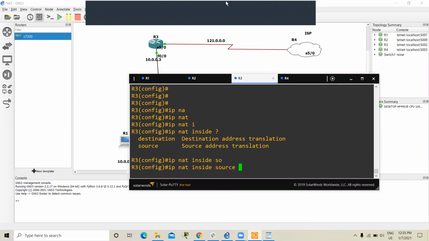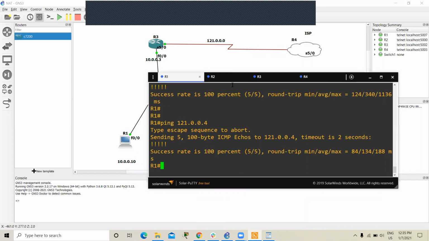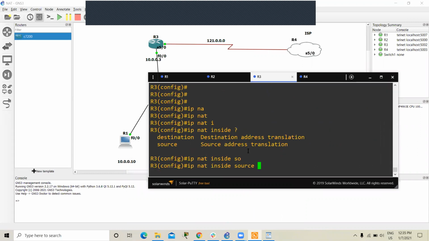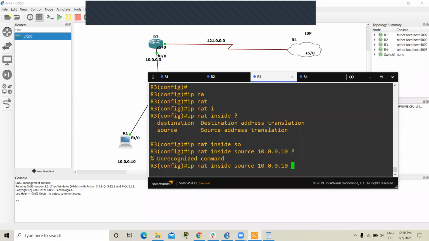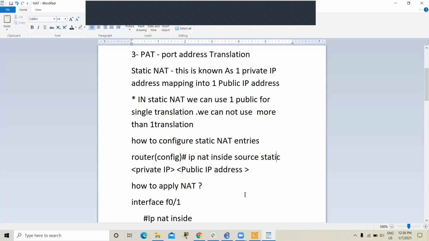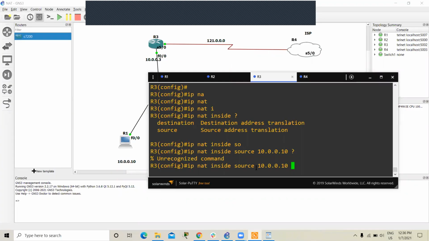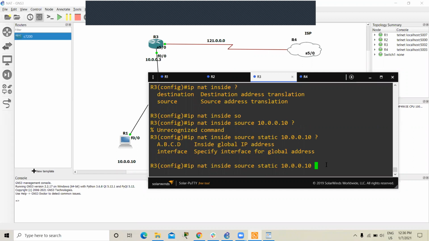Which source IP do we want to translate? 10.0.0.1. And in which public IP do you want to translate it? I can give 192.1.0.100. Now, enter.